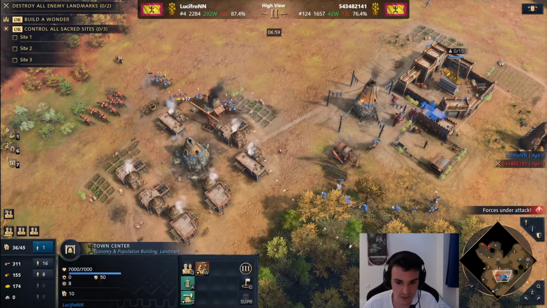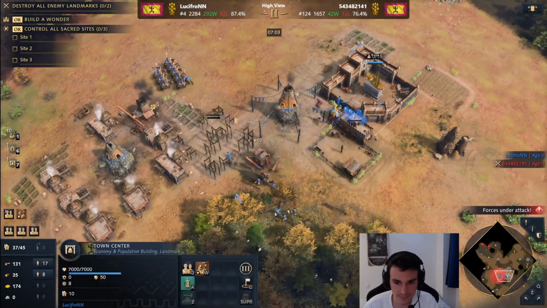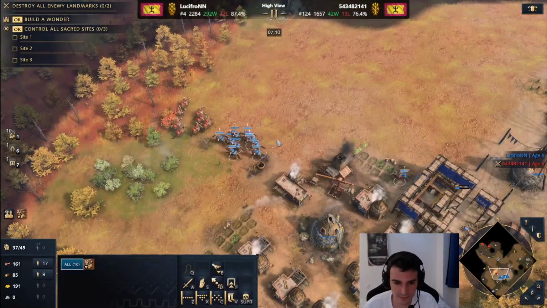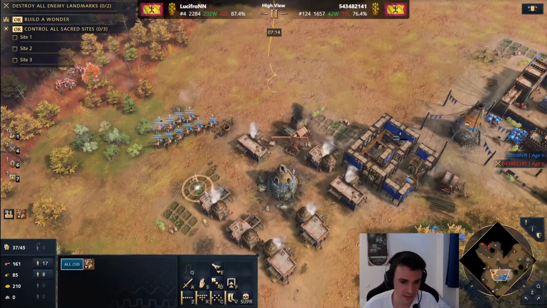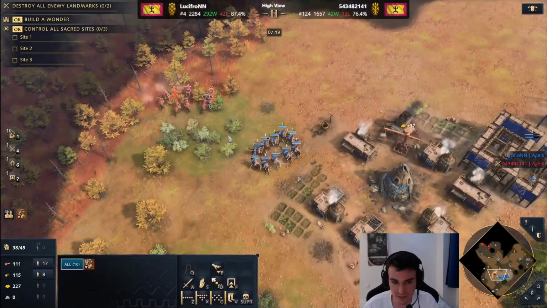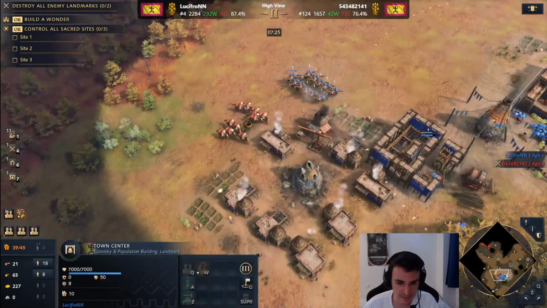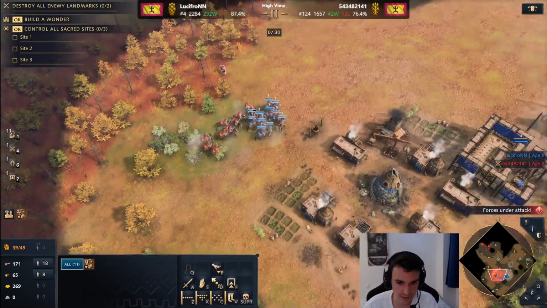Let's just make sure I don't lose any, and let's get this. So he got some damage there. Not ideal. But now I think I can start working on some Donsos. He's obviously not on pro scouts, right? So he's investing gold into cows. In the long run, that's worse than deer. As in, he has to spend a lot of resources to...